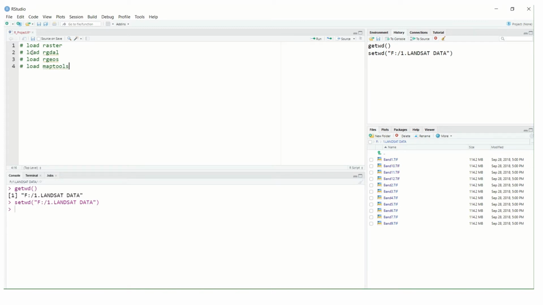How to install and load these packages is our first step.